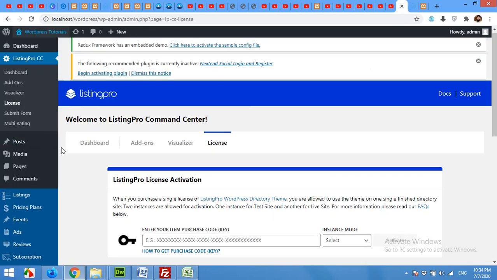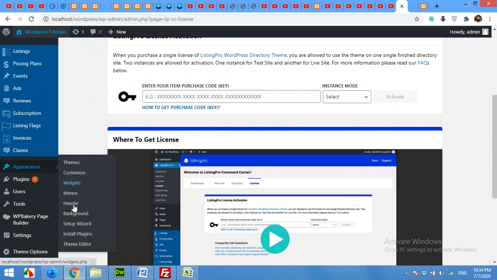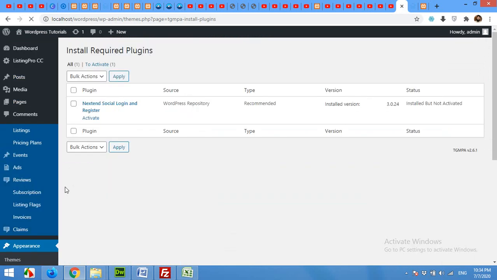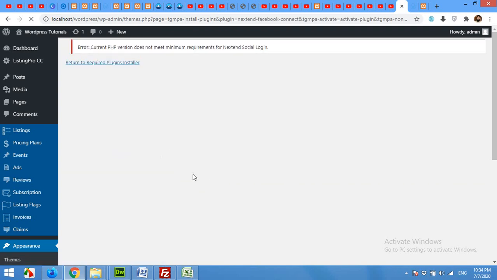So you can always come to Appearance and click on Install Plugins, where you can easily install the remaining plugins which were not installed, and click on activate if it's installed. But if it's not, then you can go to your plugins section, delete this plugin and then reactivate it.